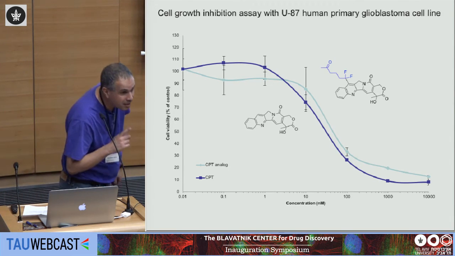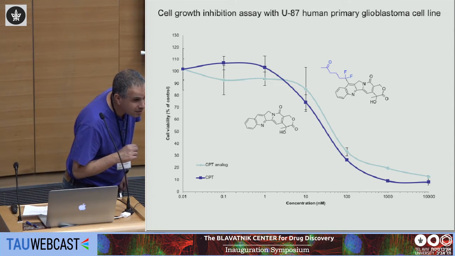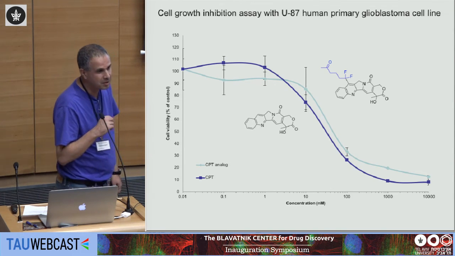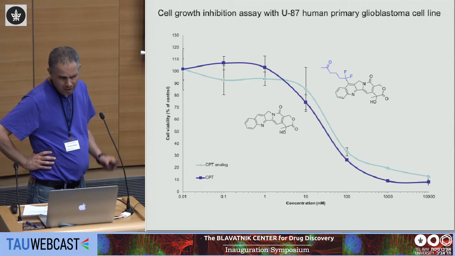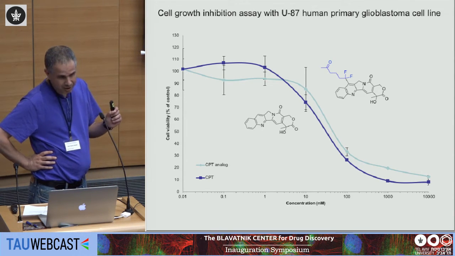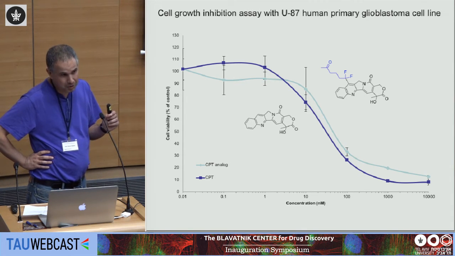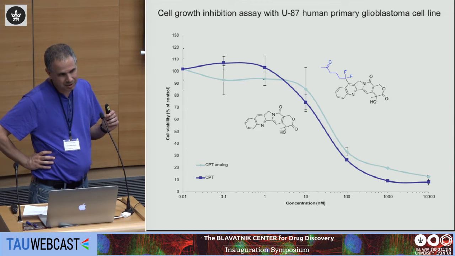I didn't get it. Did it stay as a ketone when you were testing it? Did it stay as a ketone? I'm not quite sure that I'm understanding. You test the cytotoxicity of the ketone. Yeah. So I'm saying, does it remain a ketone, or does it react with compounds that are in the assay